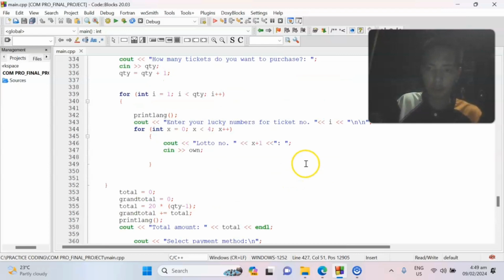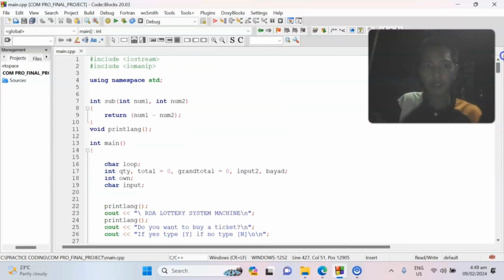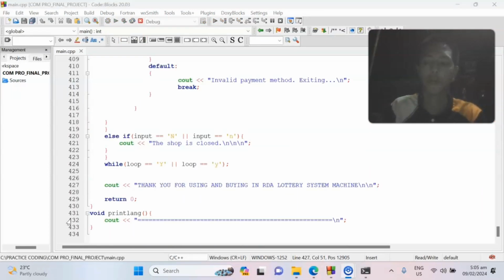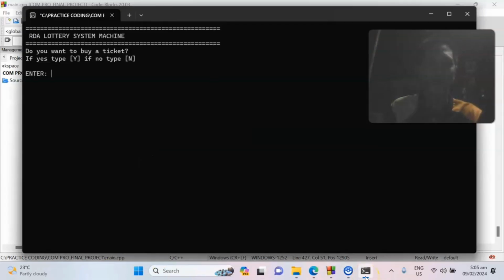Now we are going to run my code. I will show you how my source code runs. The system will ask you, do you want to buy a ticket? You press Y and enter, then enter again, and press any key to continue, enter again,